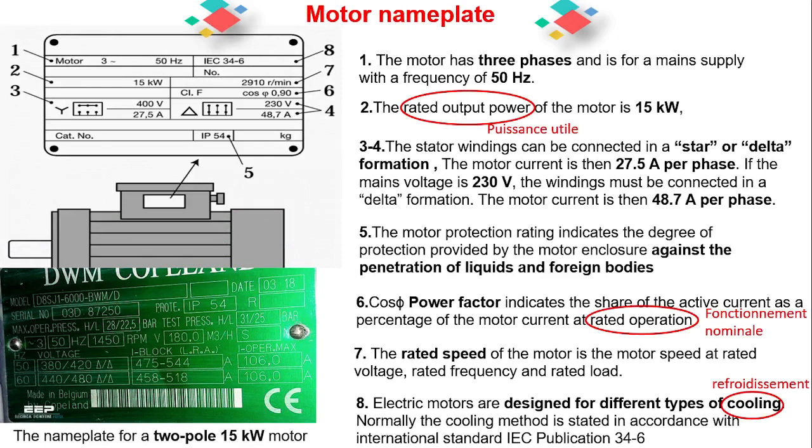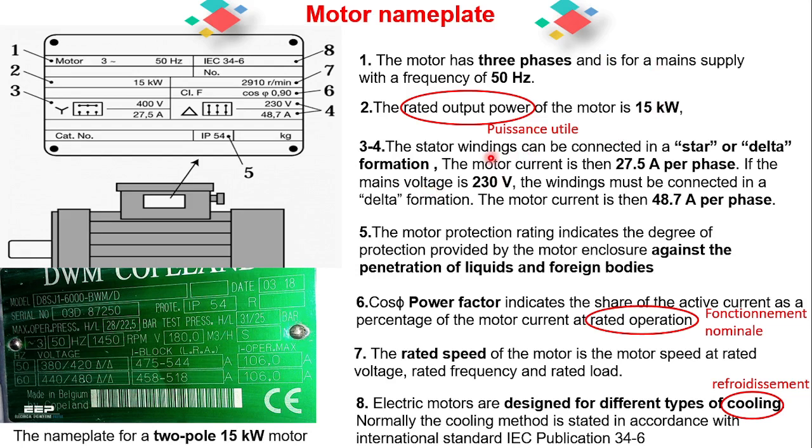Let's take a closer look at the asynchronous motor nameplate, which provides critical information about the motor's specifications and ratings. This information is essential for understanding how the motor operates and its compatibility with various applications. On the nameplate, you'll find several key details. Supply frequency. The motor is designed to operate with a mains supply frequency of 50 Hz. Rated output power. The motor has a rated output power of 15 kilowatts, indicating its ability to produce mechanical power